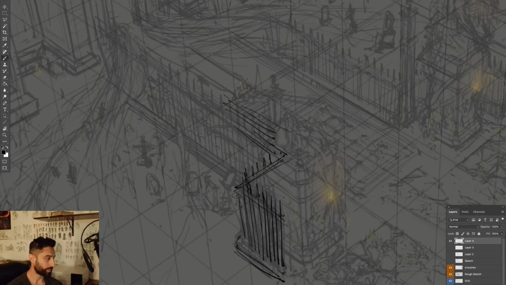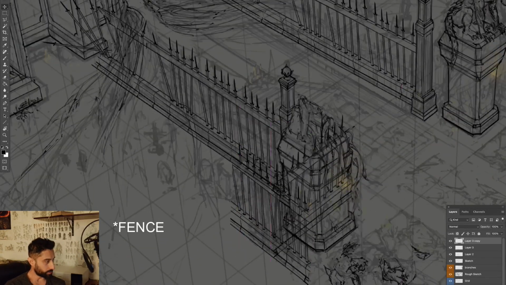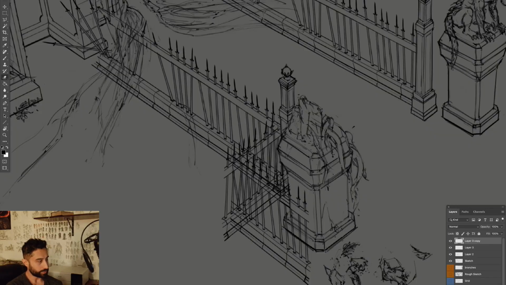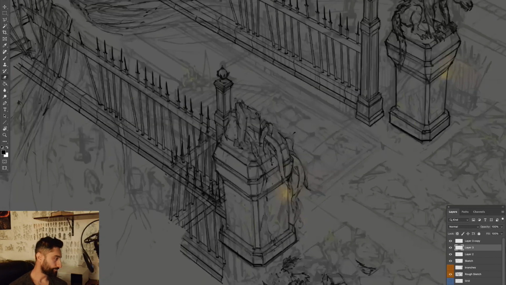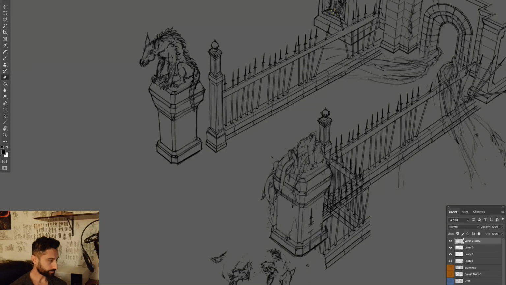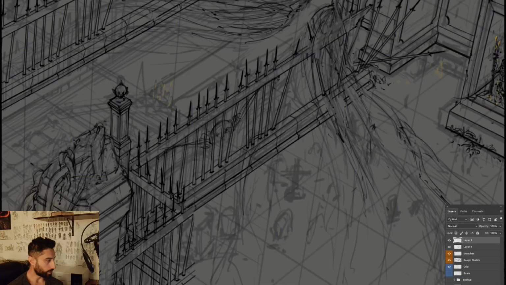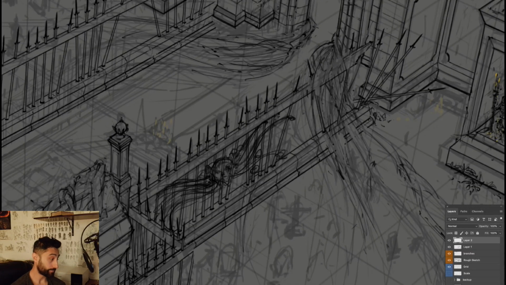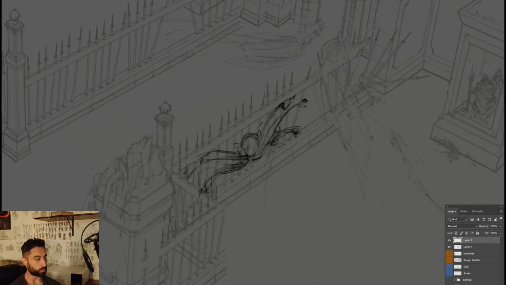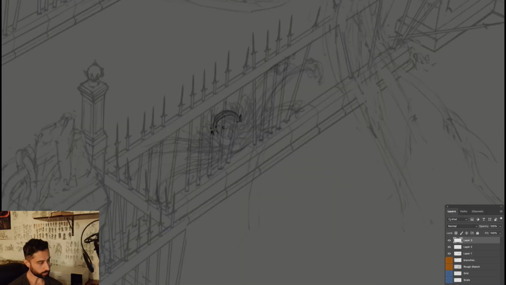Here, I'm figuring out the gates that are right by the stairway entrance, and I pretty much sketched one of those spiky looking things, and I am trying to replicate that on the other side. I'm fast forwarding a lot of things because I found it a little too boring to watch the process. But what I could talk about quickly is